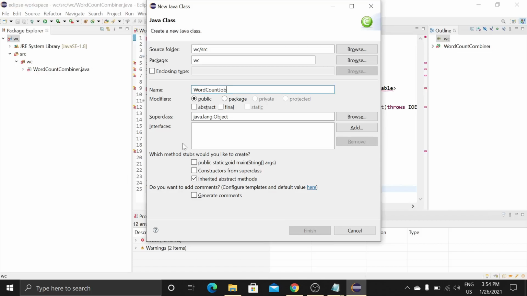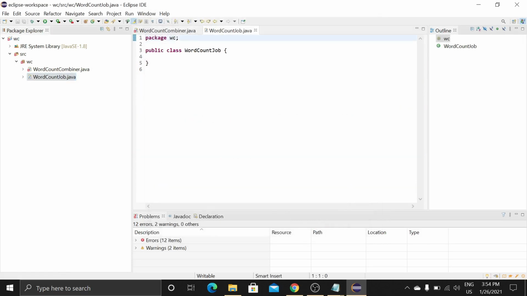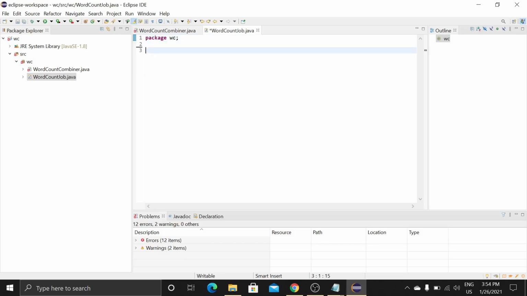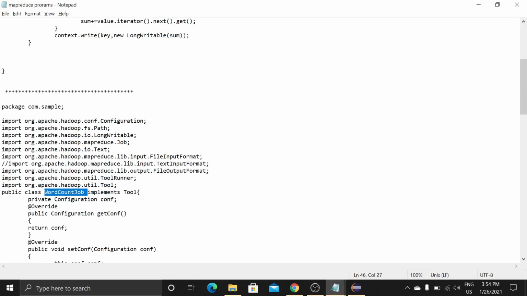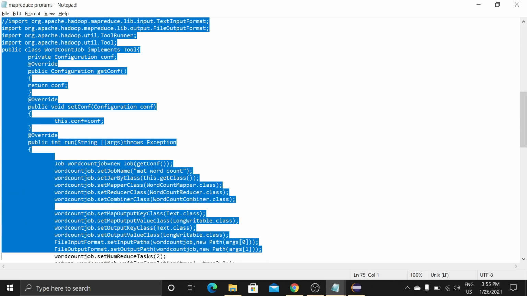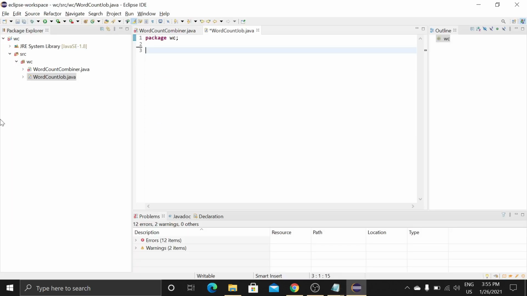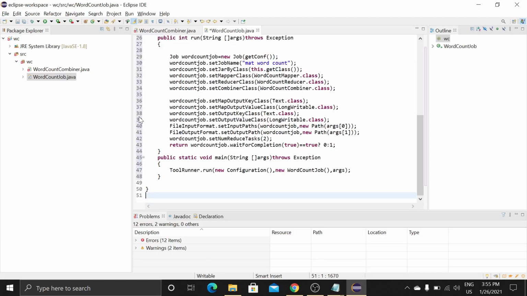No spaces should be there, backspace, finish. Again remove this public class line, go back to the MapReduce file, copy from the import, copy and paste it here. Save the file.